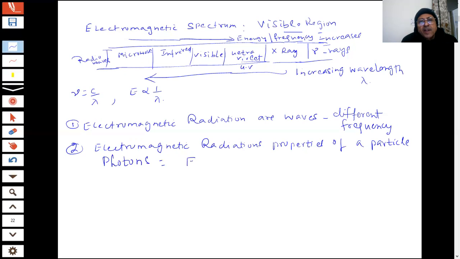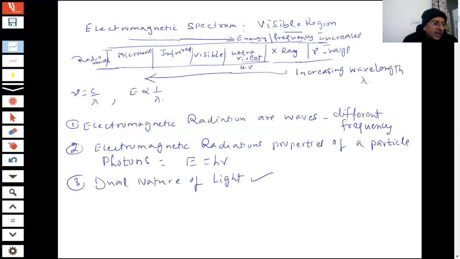Photon, student: an equation has been given there, E is equal to h nu. h is Planck's constant, nu is the frequency. They are also photons. That is what they said, that there is a dual nature of light, student. You are aware of it. It can act as a particle as well as a wave. And visible light is not white light; it is made up of different wavelengths, students.